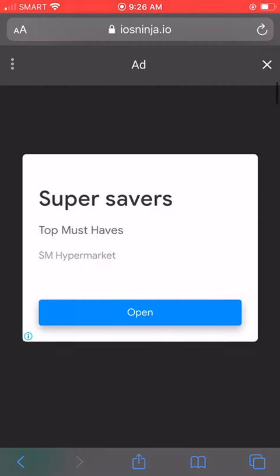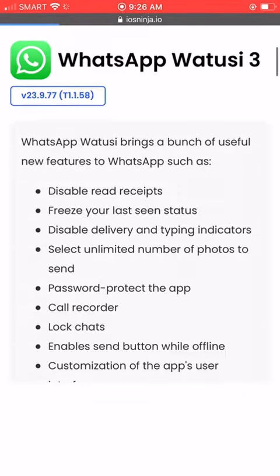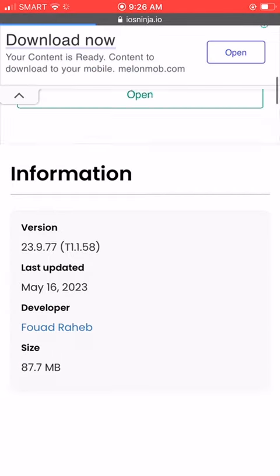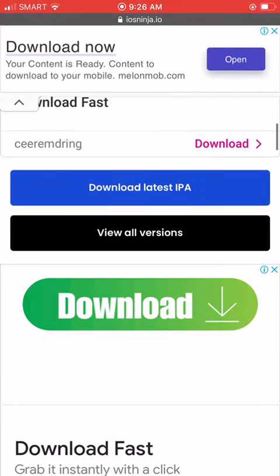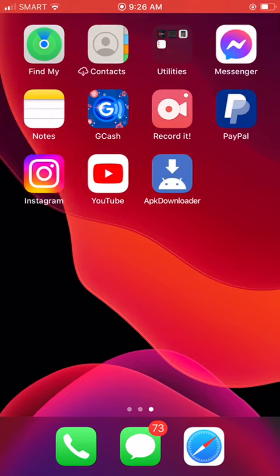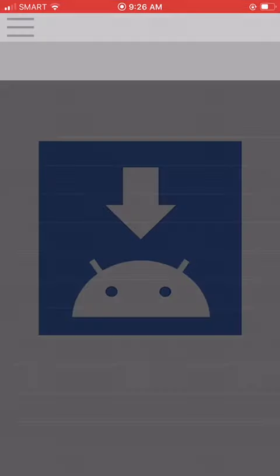Let's say WhatsApp. And then once you're in, just simply click download latest IPA, the blue button, and then once you're downloaded, it will show up here, and then go back to APK downloader app, and then you can see